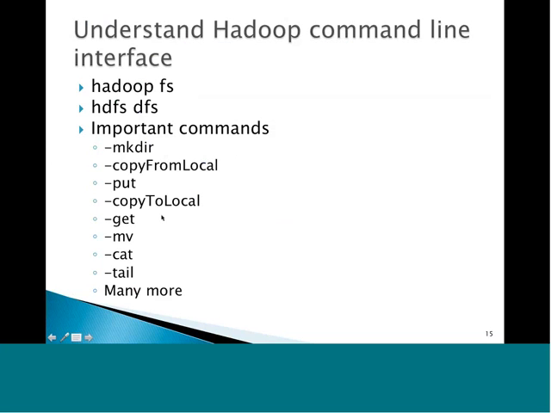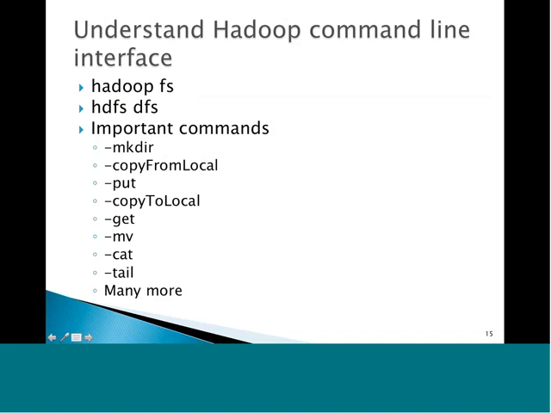copyToLocal is to get the files from HDFS into the local file system. get is the counterpart of it, and mv is to move from one HDFS location to another HDFS location. There are also options like moveFromLocal and moveToLocal. If you want to just move files from your local file system to HDFS, you can run moveFromLocal. But mv is to move from one HDFS location to another. Similarly, there is a cp command to copy files from one HDFS location to another HDFS location,